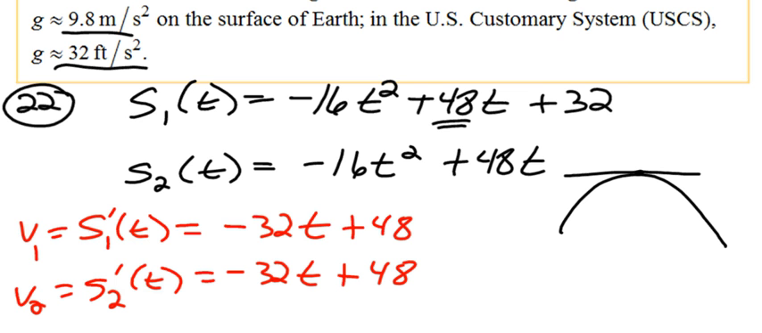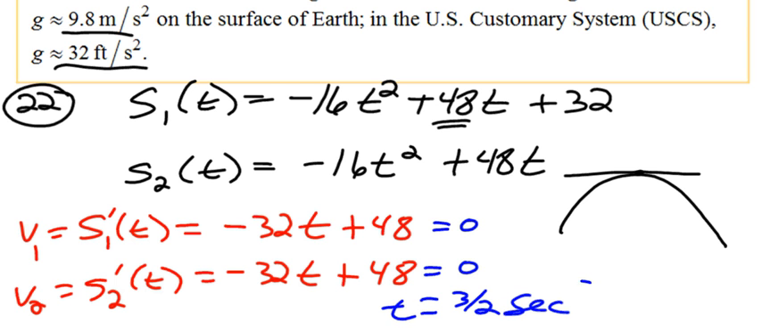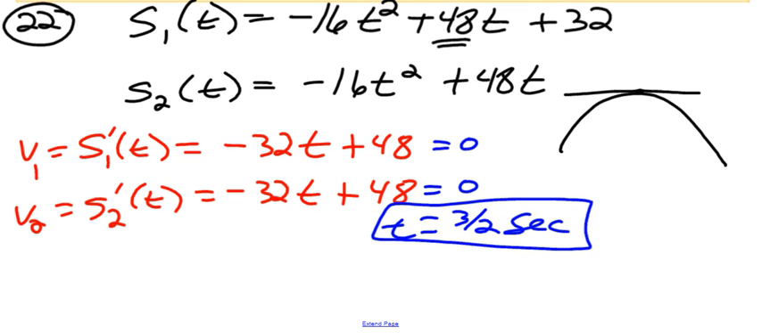If I set each of these equal to 0 to find when it's at rest, they should be the same, and I should get t equals 3/2. So at 1.5 seconds, they're the same, and they've reached their max height. So we've proved that. Then in this book, it says for B,